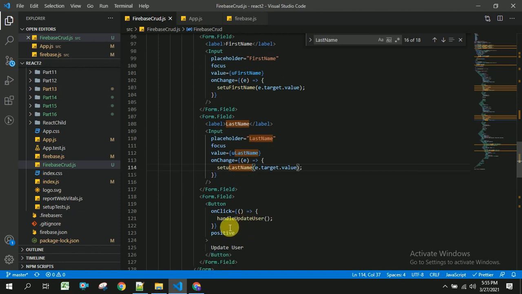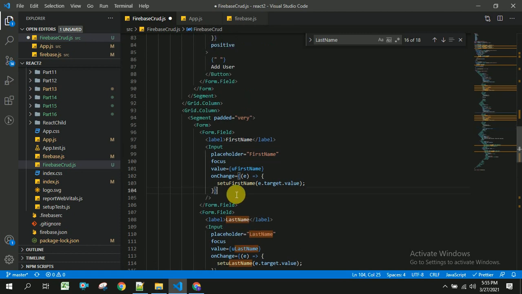Here I am going to place it as primary, and I will apply some icon inside the button, and the icon name will be edit.